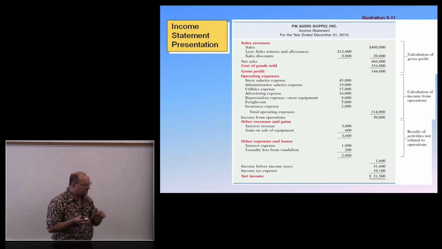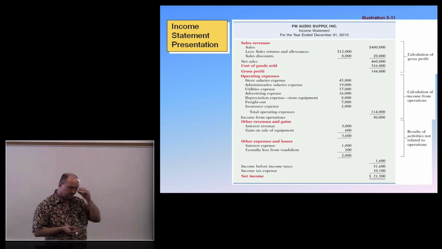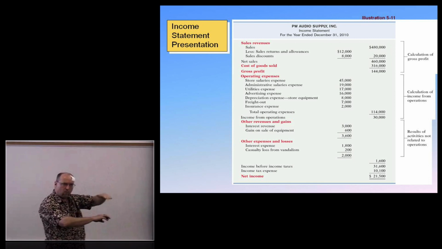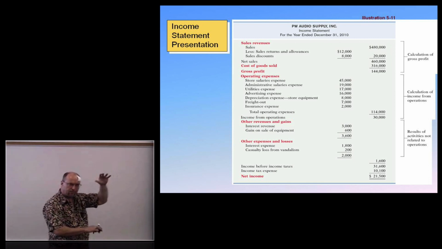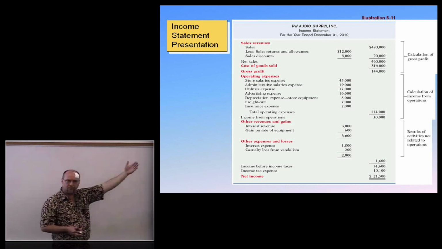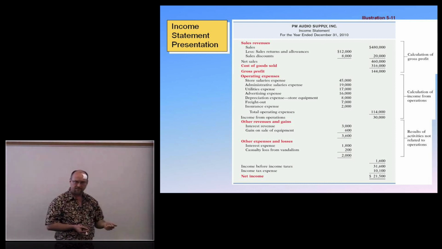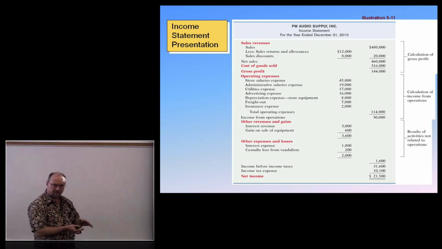Okay? This is our main business. From sales to operating income, this is why we exist as a company. This is our primary business. We sell our products, and all businesses have operating expenses. So income from operations is a key figure for any business because this is their main or primary business, their